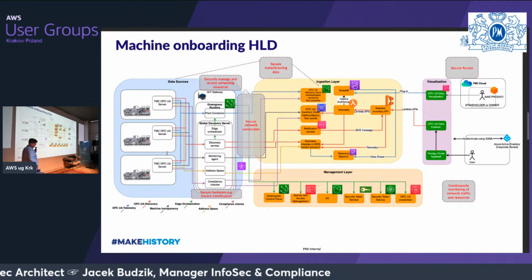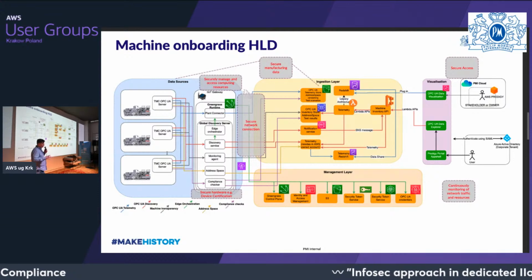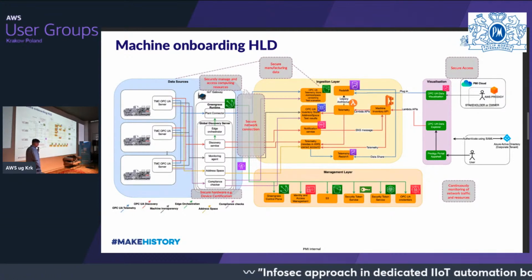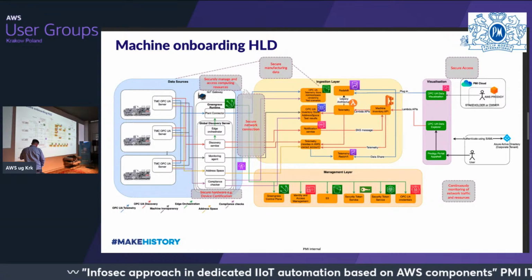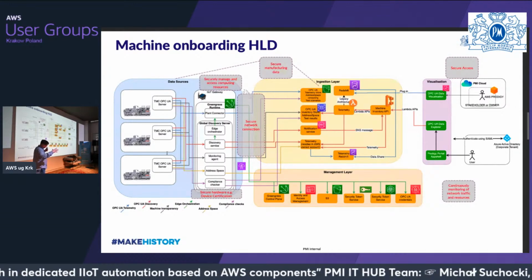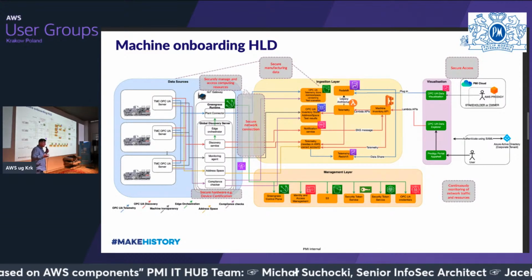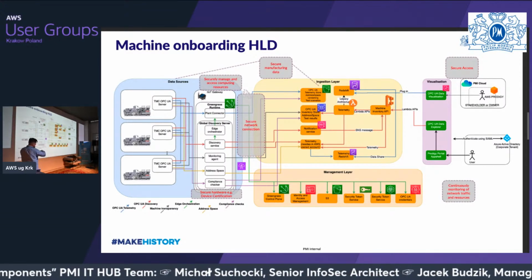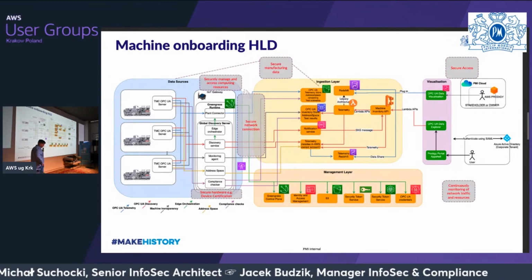Then we have a dedicated IoT gateway. This IoT gateway collects this data. It's not only about combining and collecting data, because there is also something like a global discovery server. This global discovery server is a kind of book, a kind of ledger for the OPC UA servers. So it keeps certificates. It also knows all of the OPC UA servers.